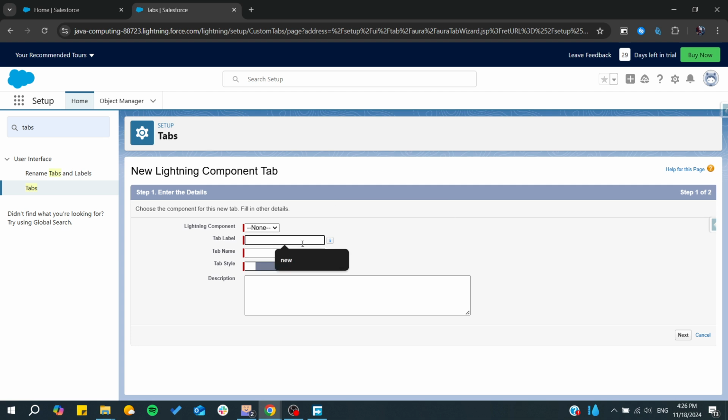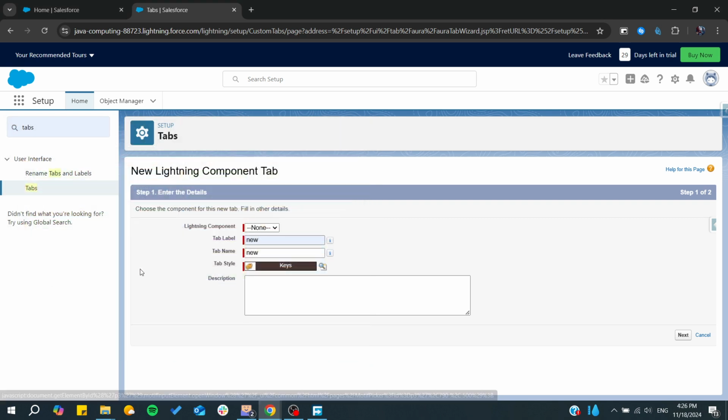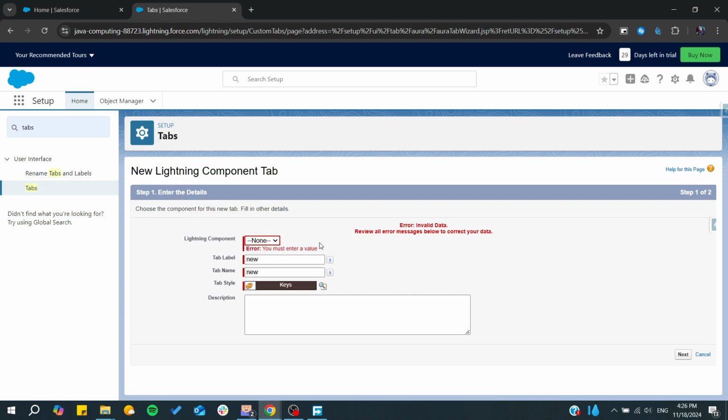a label, my tab for example, or new, and here you can give it a style. For example, I can give it this style, and you can give it a description. After that, you click on new, and basically we need to have already some Lightning components to create a Lightning